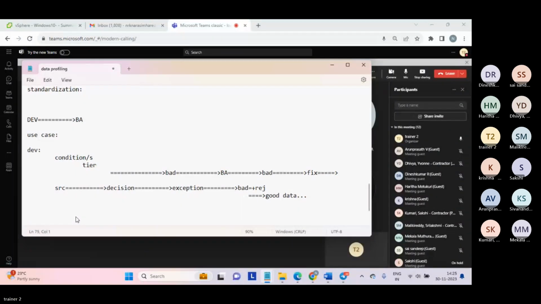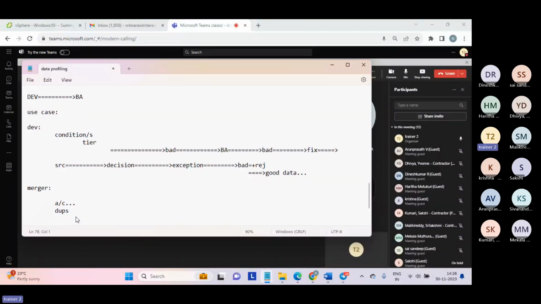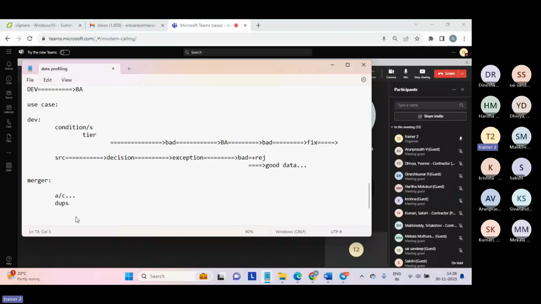And the next thing: let us say a merger has happened between two pharma companies producing similar types of medications. Or let's take another simple example. Let's say there are two banks where you have an account, and a merger happens between these two banks. After the merger, there'll be duplicacy of data, yes or no? Once you identify these two duplicate records or n number of duplicate records, we need to send